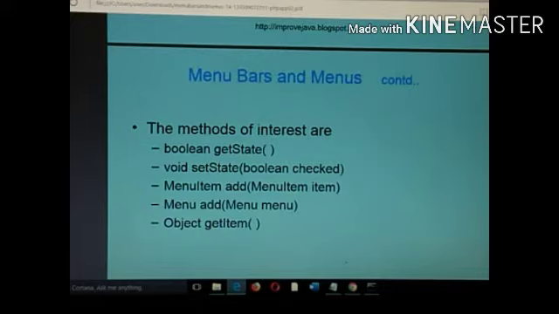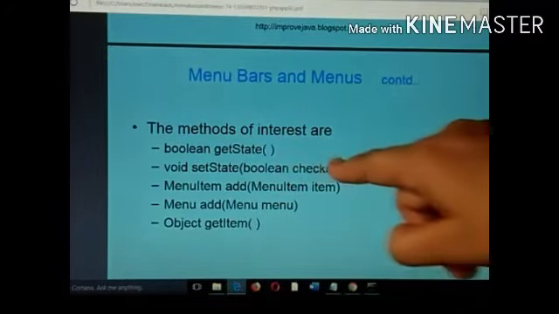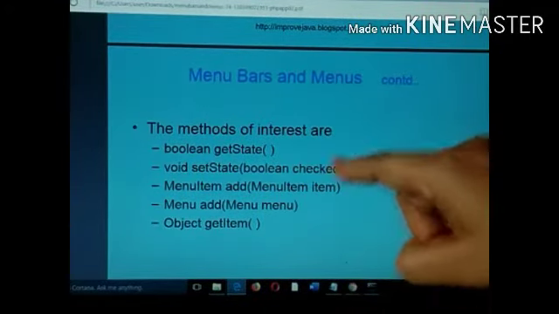Next, set state also. I can have the menu item checked with the help of this boolean check. Only if I am using the checkbox with the menu item can I use these. So void set state, boolean check.